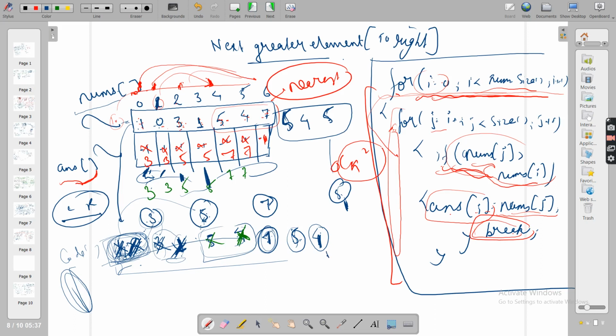And see guys, here the thing is, you are already getting the hint that I'll pop the top elements. Push, sorry, I'll pop some elements. So you are getting the hint, but you're not getting from which direction, from last or from top or from bottom. You have no conclusive proof till now that we are popping elements, removing unnecessary elements, but from which direction. You're not getting that idea, correct?